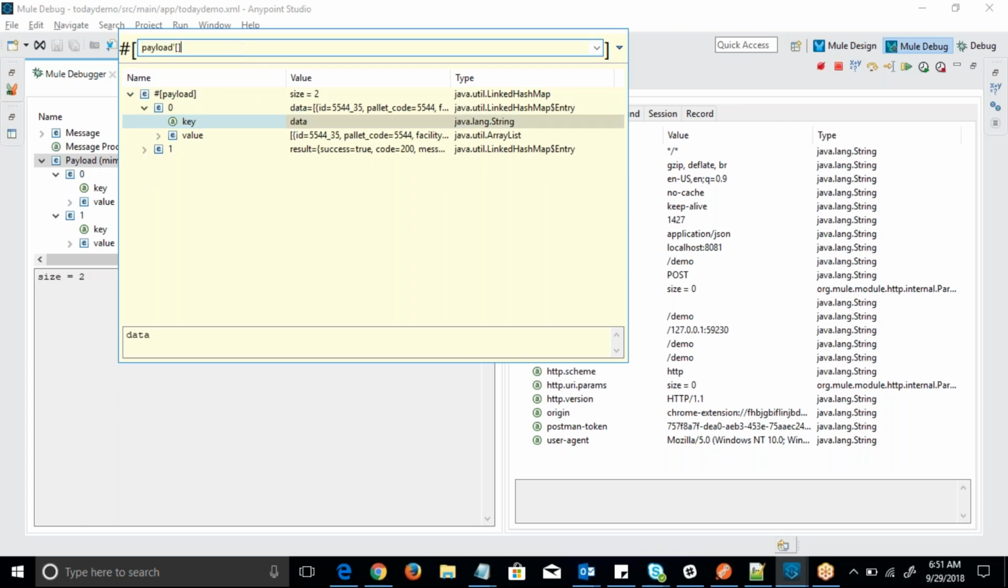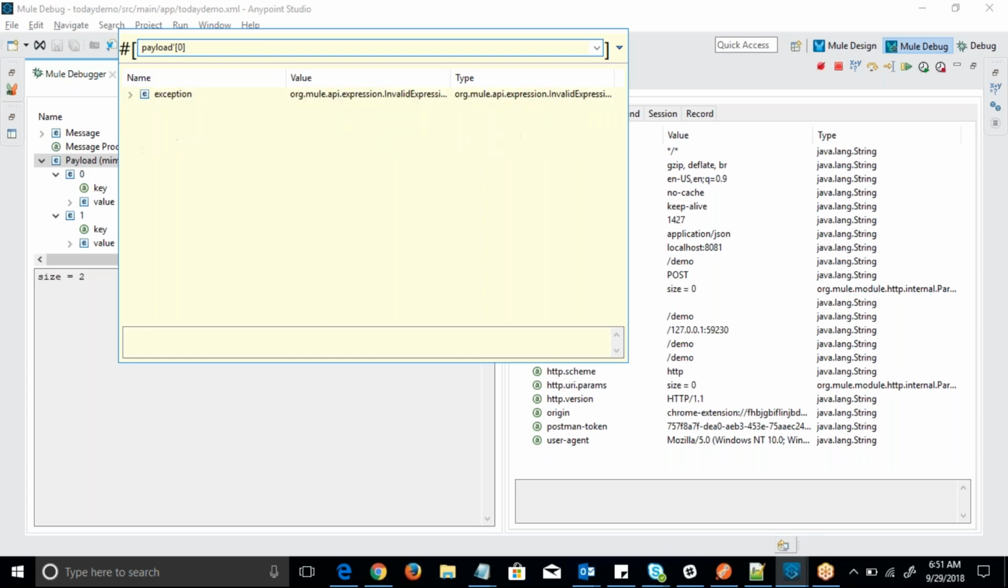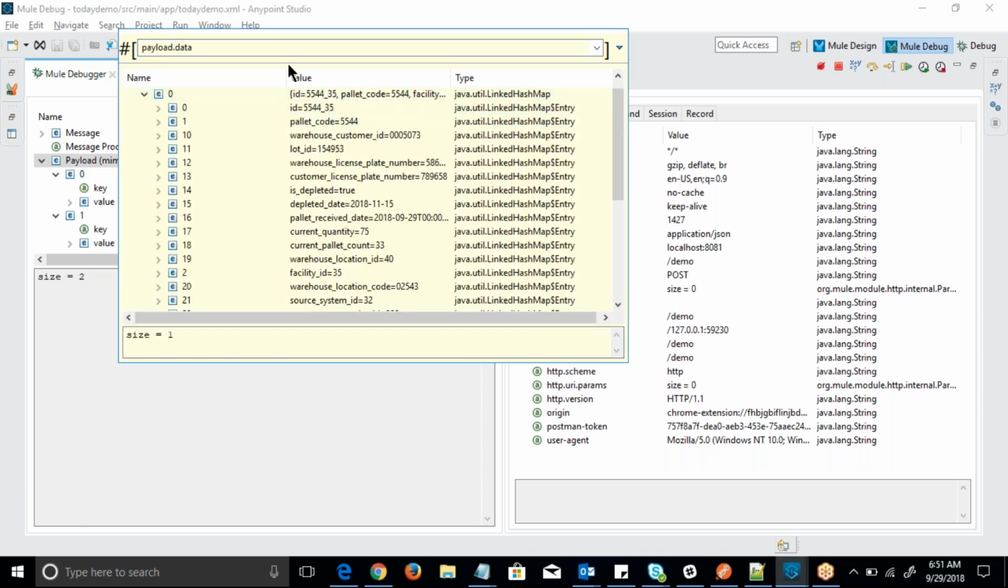See, payload of 0. Payload of 0. Maybe single quote here. Or else you can directly pass the key, I guess. See, payload dot data. You have to pass the key here, right? You can see the data. If you see the data,